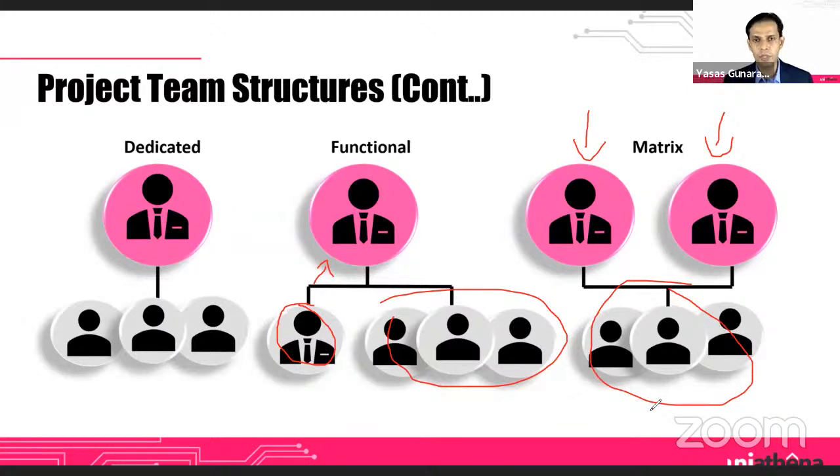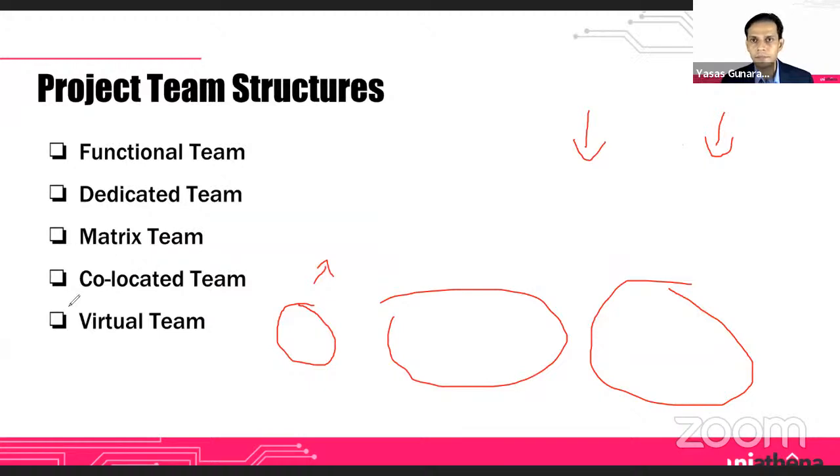So in today's world, you would see matrix team structures in operation most of the time, as opposed to functional or dedicated teams. And when it comes to virtual worlds, once again, I would say remote teams would mostly work in a situation like a matrix team. And if I take you back to the previous slide,